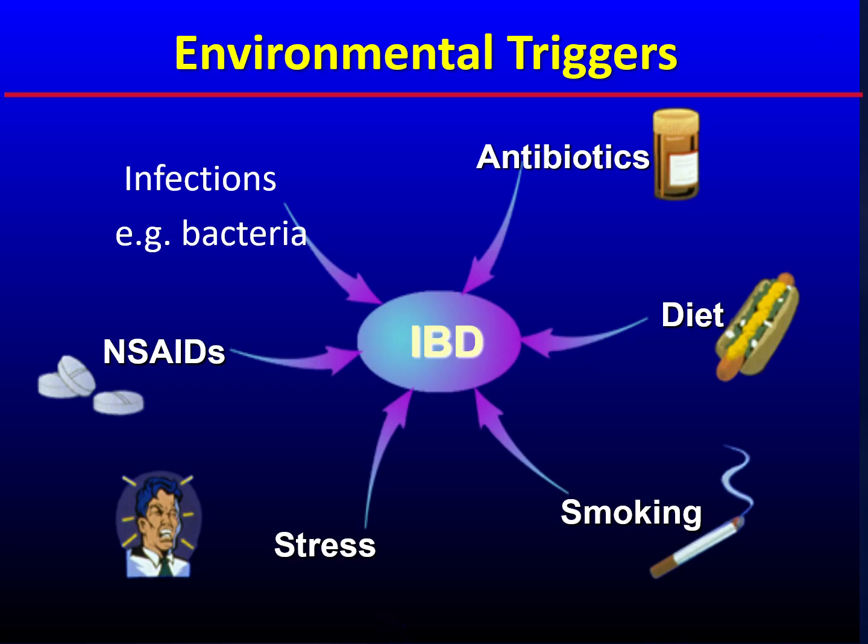This slide summarizes the environmental triggers so far known for IBD. Number one is the infection. So whenever you have an infection in the intestinal tract, your immune system will be triggered. So usually the idea is for the immune system to be activated to take out the infection, the bacteria, the virus, and once the infection is really resolved, the immune